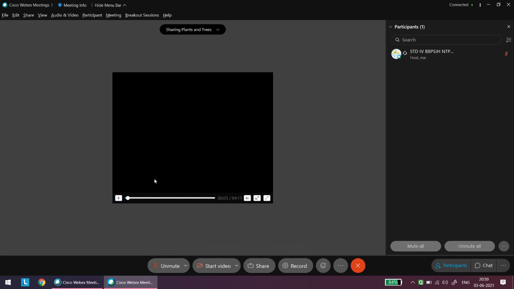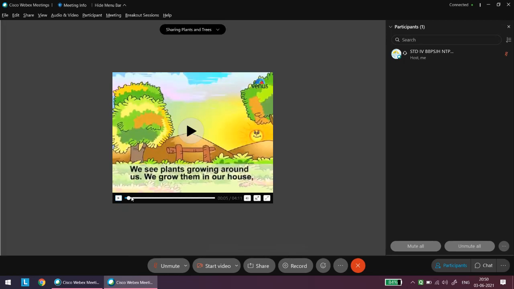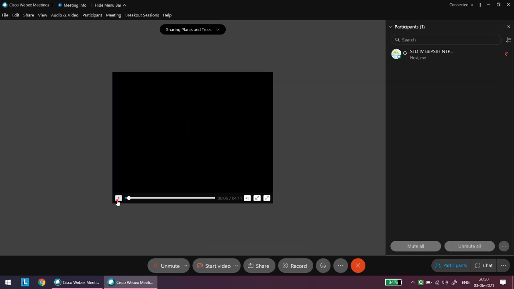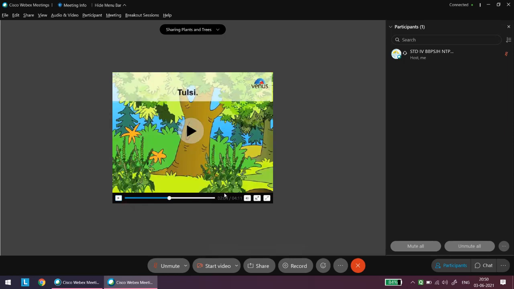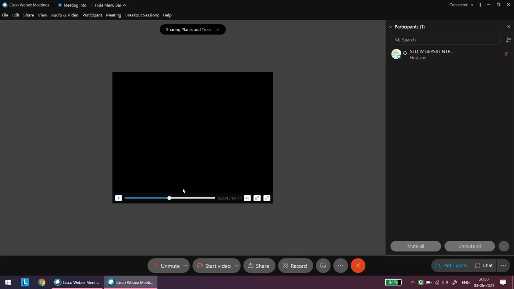If you are sharing the screen, it can happen that many a time some students are able to see the video, but they may not be able to always hear the audio properly. So that is one method which may work, but sharing the file is a method which will definitely work. And as you are able to see, as we are playing, the video will also be played, and the audio will also be heard properly by the students when you are sharing the file.